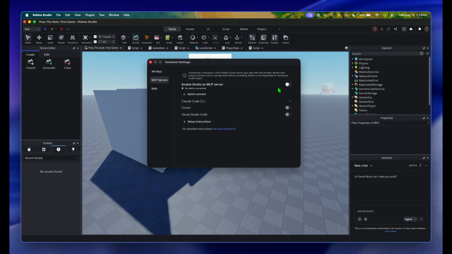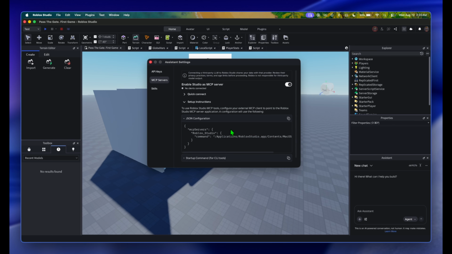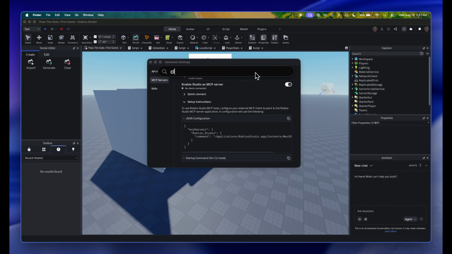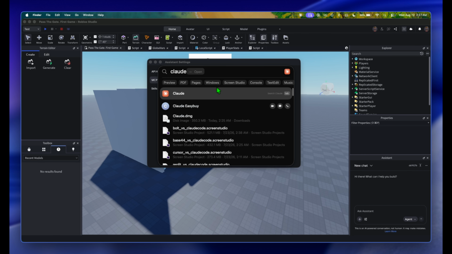Now under the setup, we'll turn the MCP server on, and under setup, let's close this. Let's open the setup. Under the JSON configuration, we're going to copy this code right here, and once we copy it, we're going to open Claude. I downloaded Claude for desktop, so you're going to have to download Claude for desktop also,